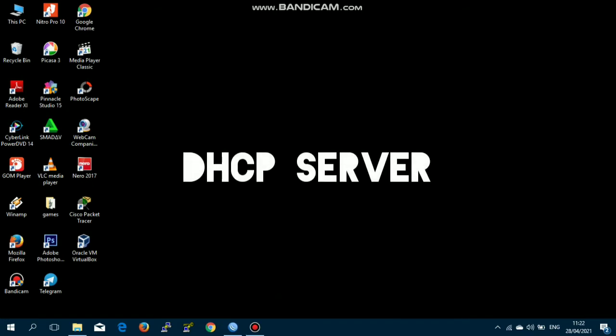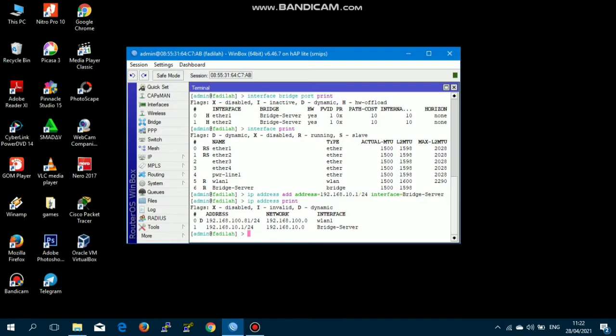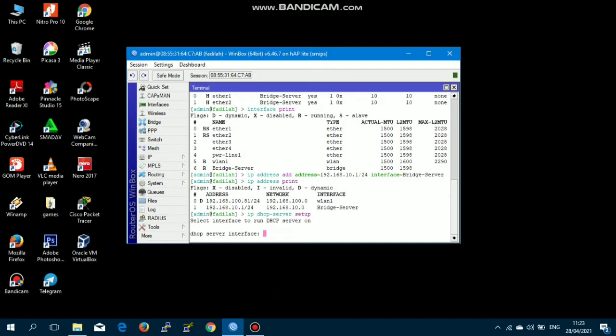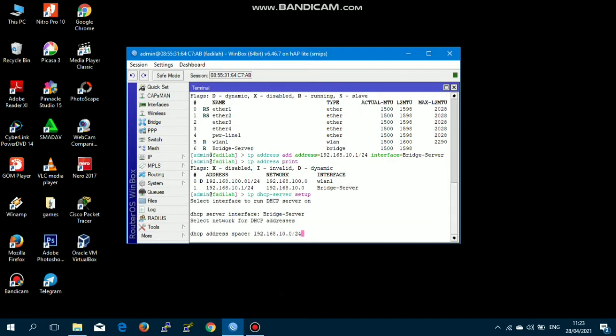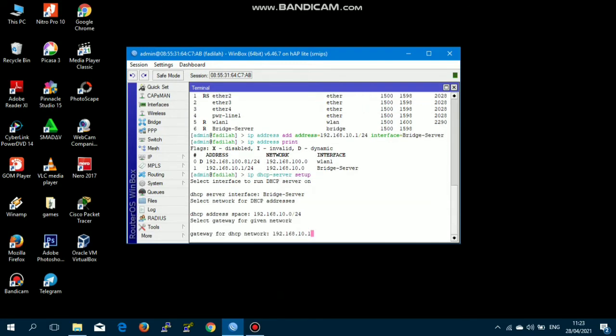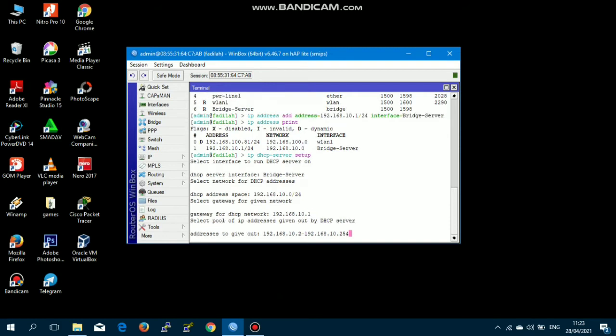DHCP server configuration. We create a DHCP server for this bridge server interface manually using the command IP DHCP server setup. For the DHCP server interface, I use bridge server, and this is the DHCP address, this is the gateway for the DHCP network, and this is the range address.